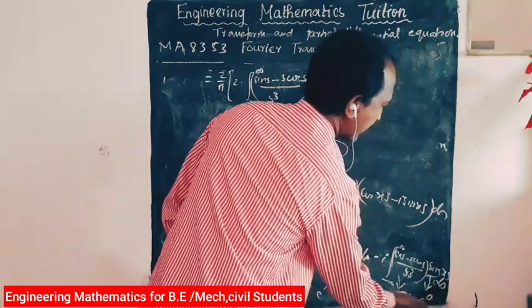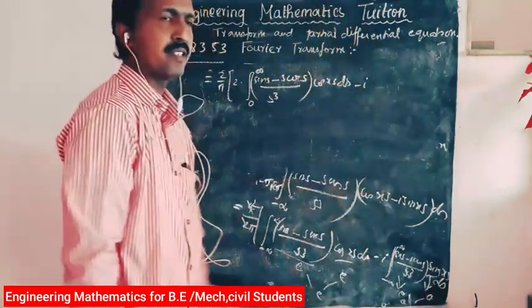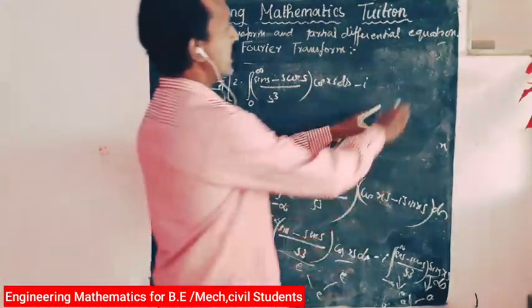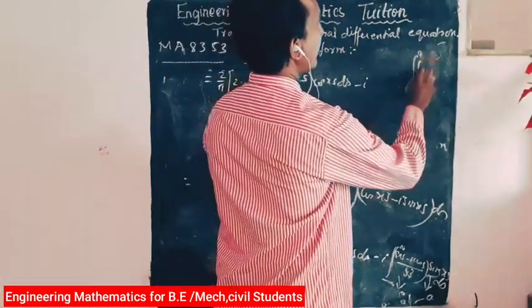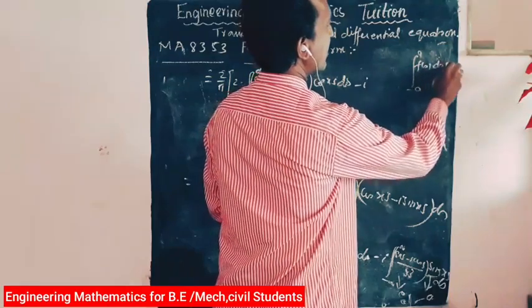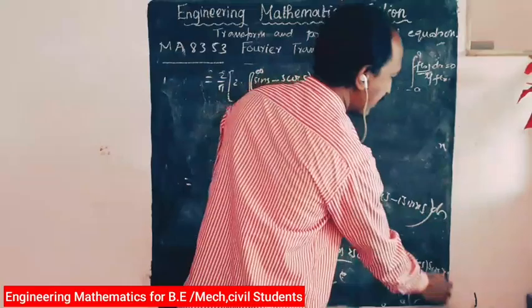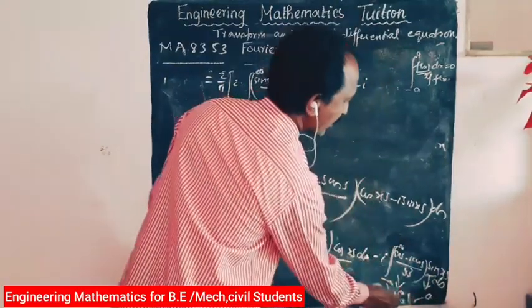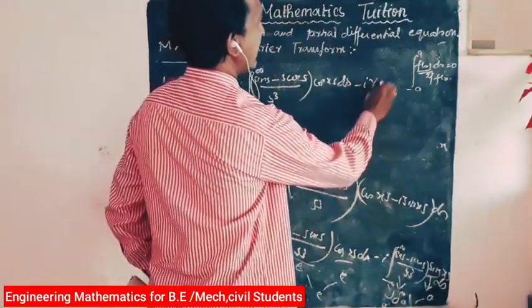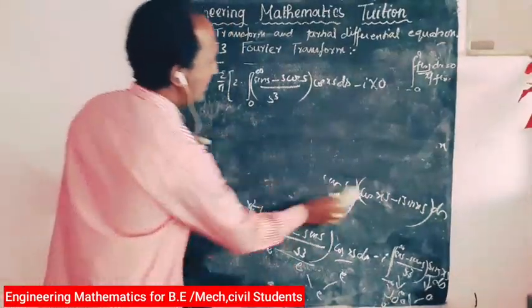So the product of an odd and an even function is odd. So the integration rule is, the integral from minus a to a of f of x dx is equal to 0 if f of x is odd. So this integrand is odd, and automatically this value is equal to 0. So we eliminate this term.